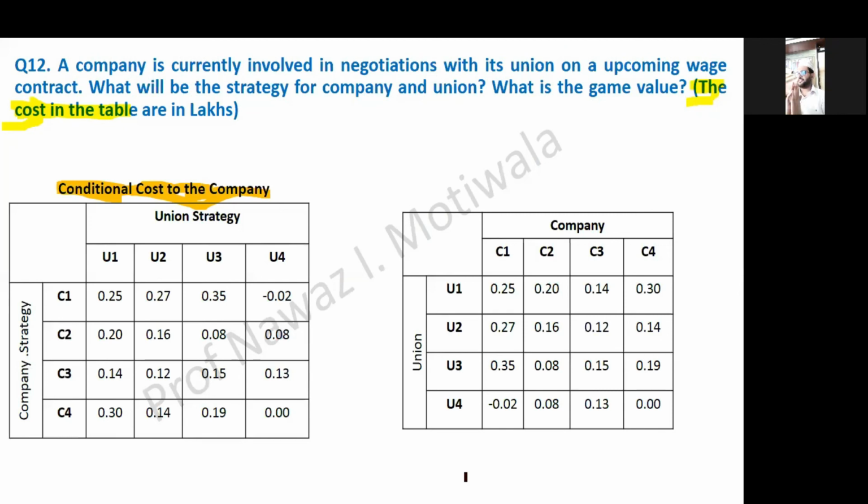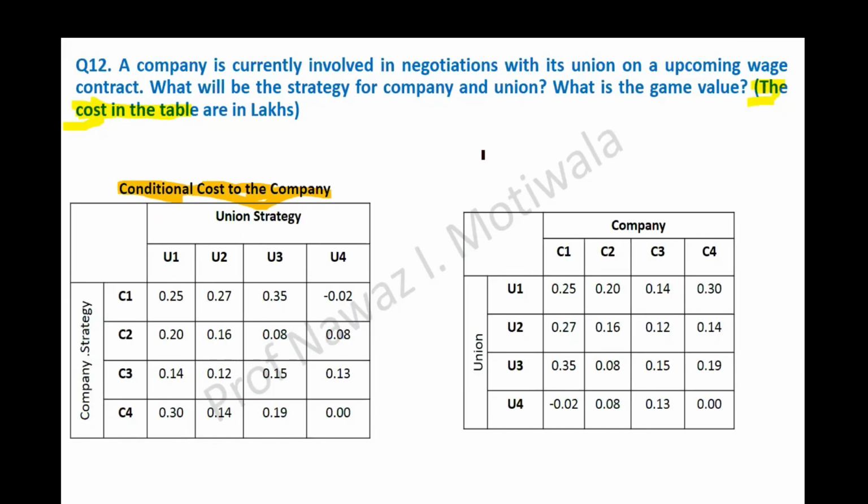Rest, now I will give you again 5 minutes to solve this entire problem. As you can now see, there are 4 strategies we have to apply. Principle of dominance. So after the dominance criteria, try to reduce this into a 2 by 2 matrix. Please start. Okay, let me proceed further with this question.